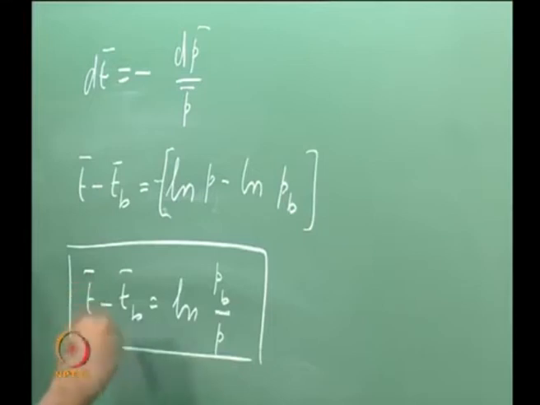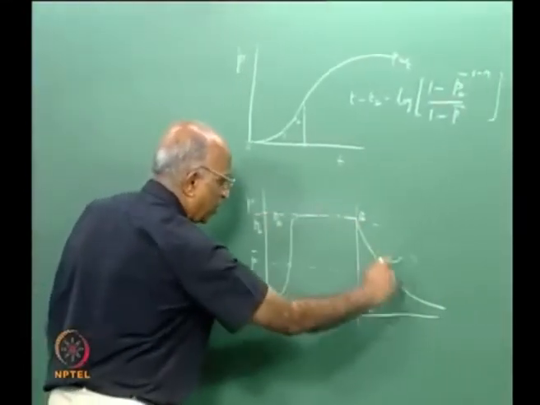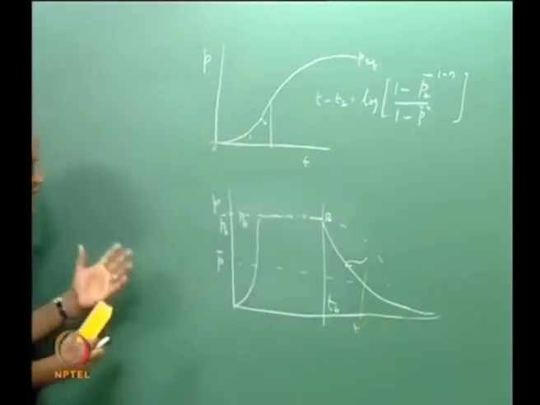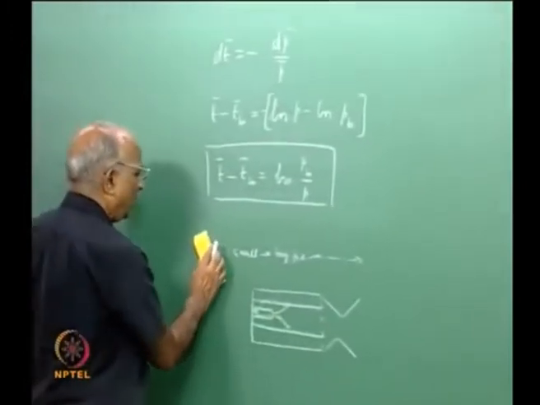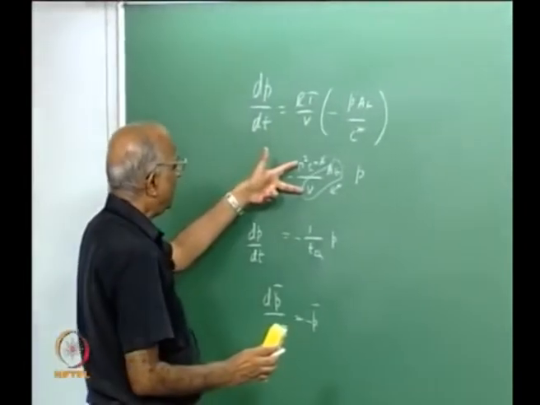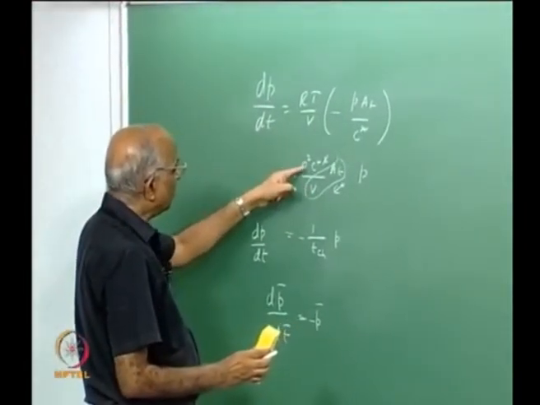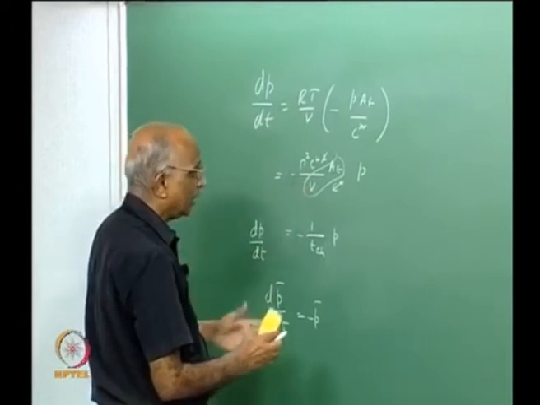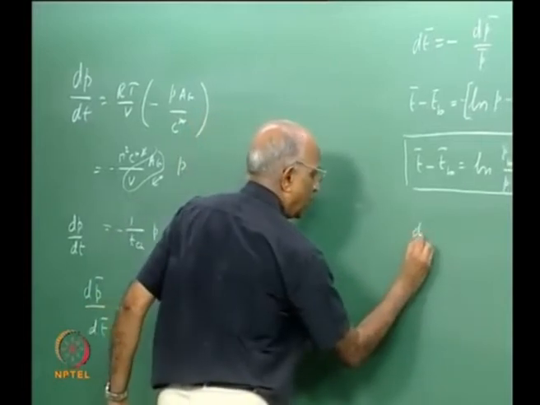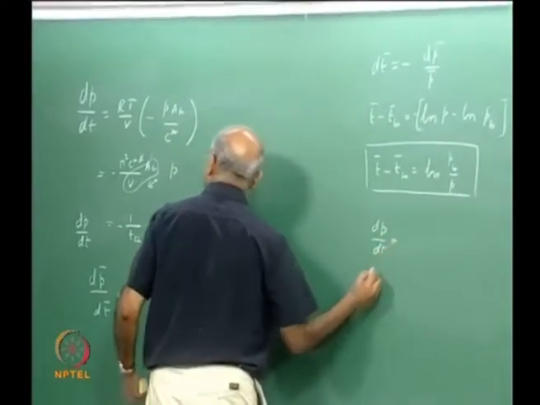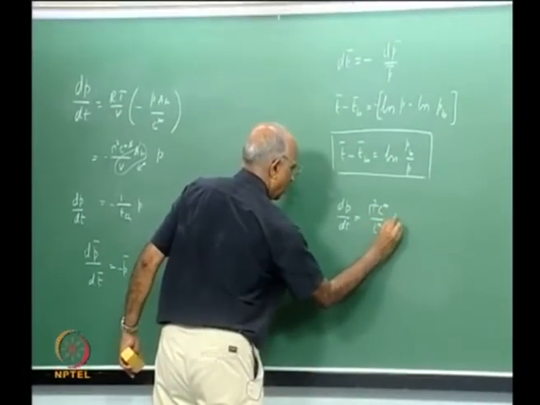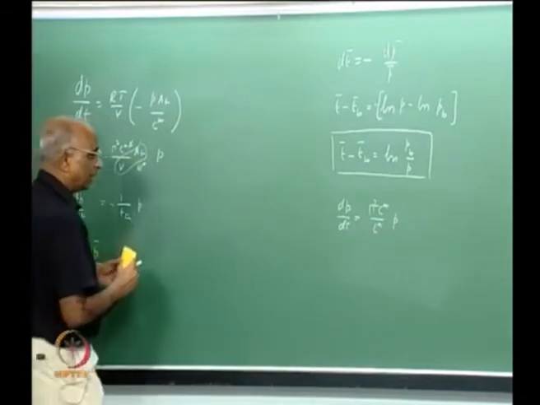In other words, the decay is exponential, and to reach 0 value it is going to take a very long time. And I did it dimensionally the other day, and what did we do dimensionally? We could have directly integrated this value over here, and I would have got gamma square C star by L star, or rather let us do that, we must be able to do this in different ways. We could have got dP by dt is equal to gamma square C star by L star into P with a negative sign over here,